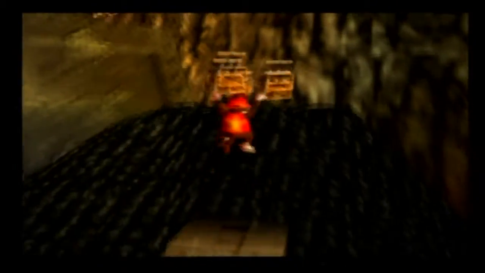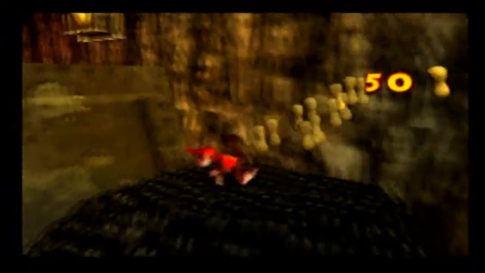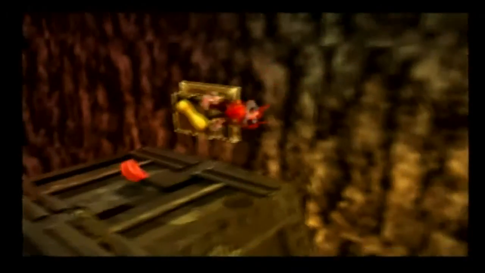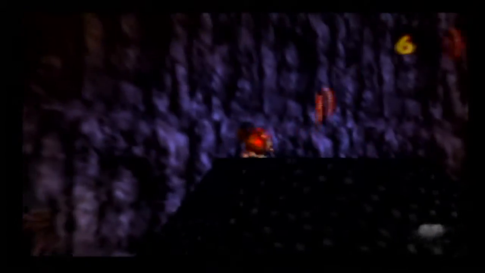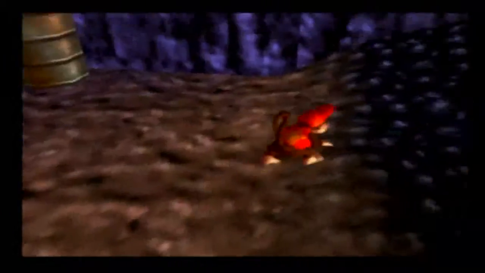Boxes. That'll work. I said boxes, that'll work. Don't prove me wrong here. Alright, just 5 bananas away from the goal. Backflip up there. Great, great. And now we have